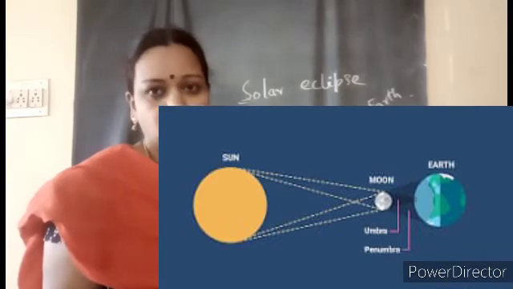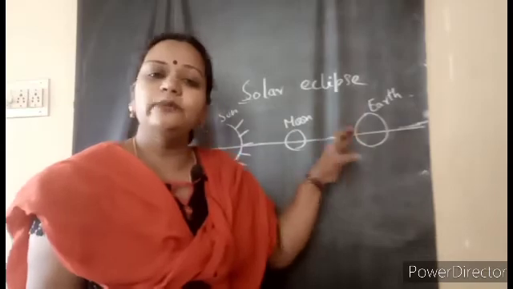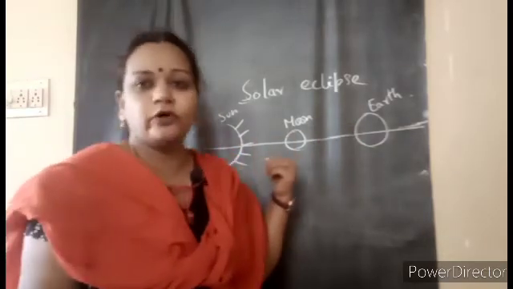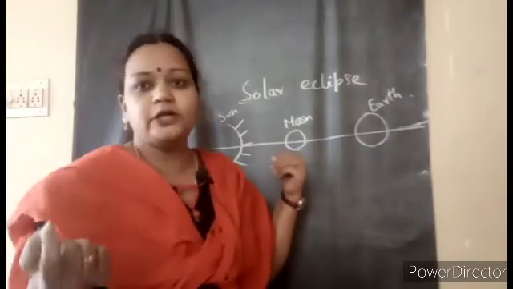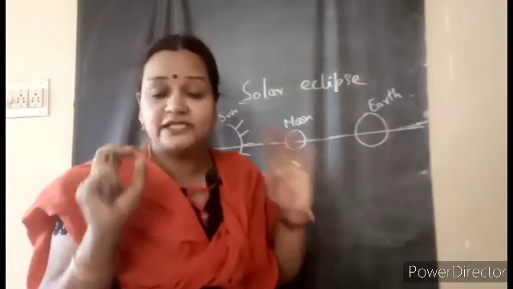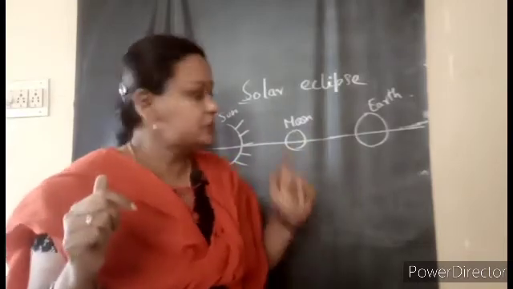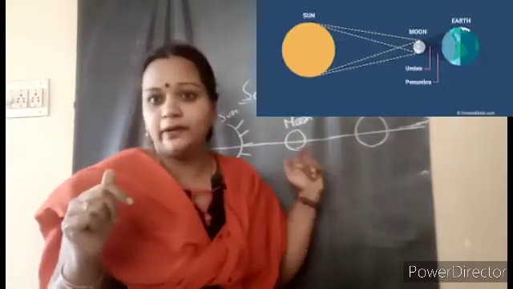Few parts of the earth, not the complete earth, just a few parts. In those parts of the earth, they will be unable to get the sun's rays for a few minutes. That particular time is called the solar eclipse. That means the sun is giving out its rays, but we are unable to get the sun's rays on the earth. Why? Because the moon's shadow is falling on the earth.